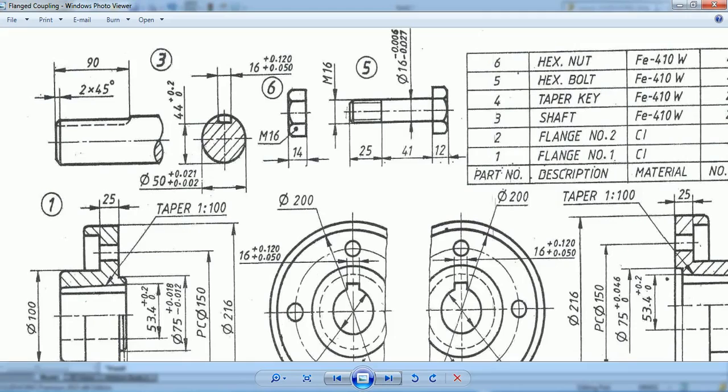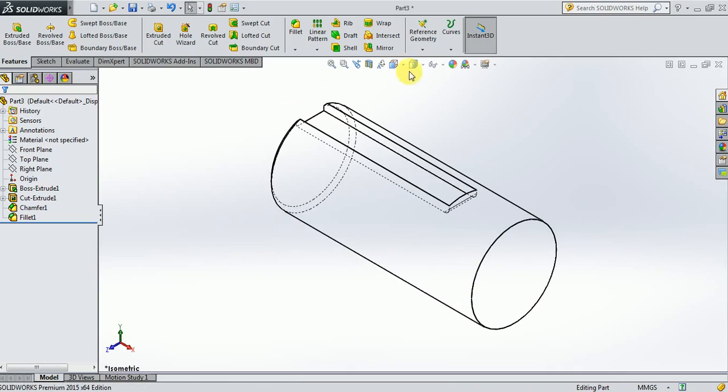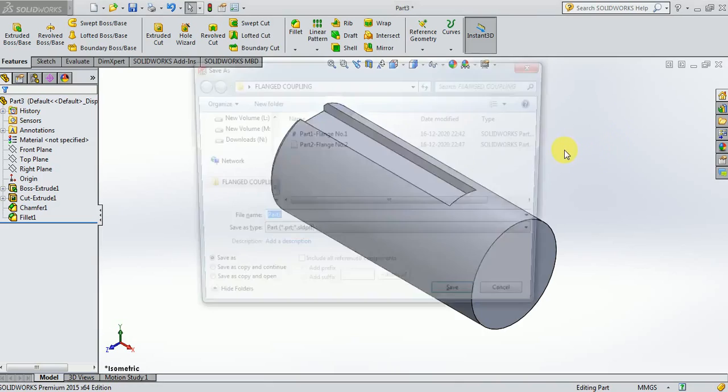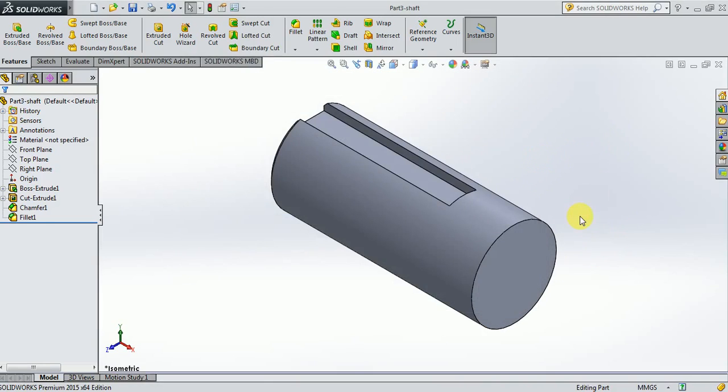This front view is almost matching with the front view of the shaft given here. So therefore the modeled shaft is correct. Let me bring back this shaft to the solid form. Then I am going to save this as part 3, and the name will be given as shaft. So this completes the modeling of part number 3, that is the shaft of the